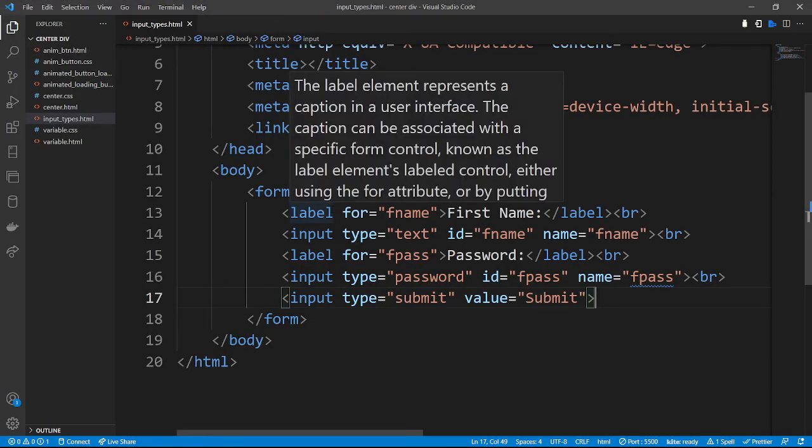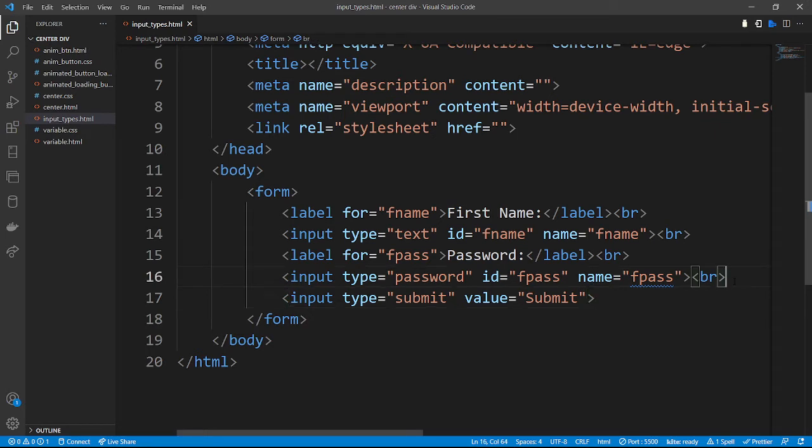Now moving from the input type of submit, I'm going to demonstrate the input type of reset. Input type of reset, this one will basically reset your form. Like if you had entered some values in your form, this one is going to clear them, and it clears them all at once. So I'm going to come here below the input type of the password,